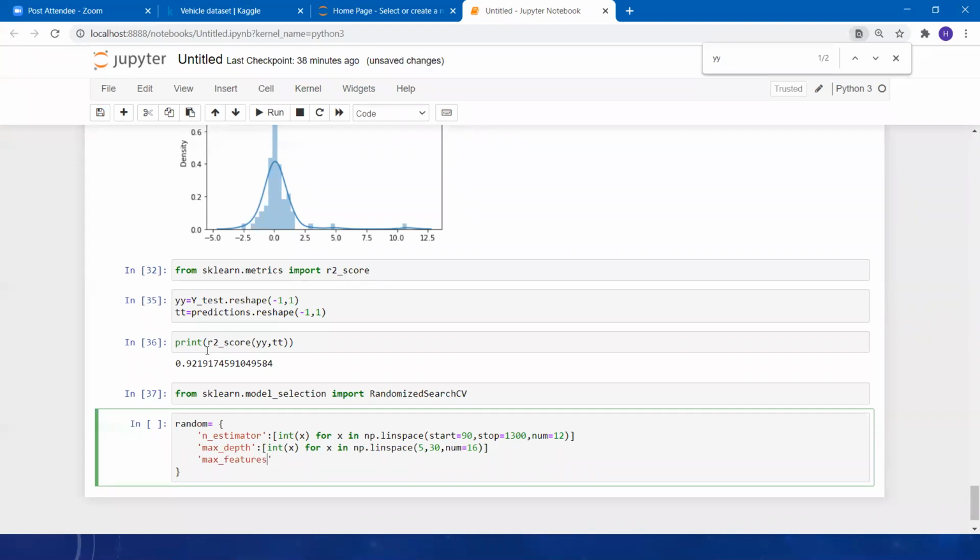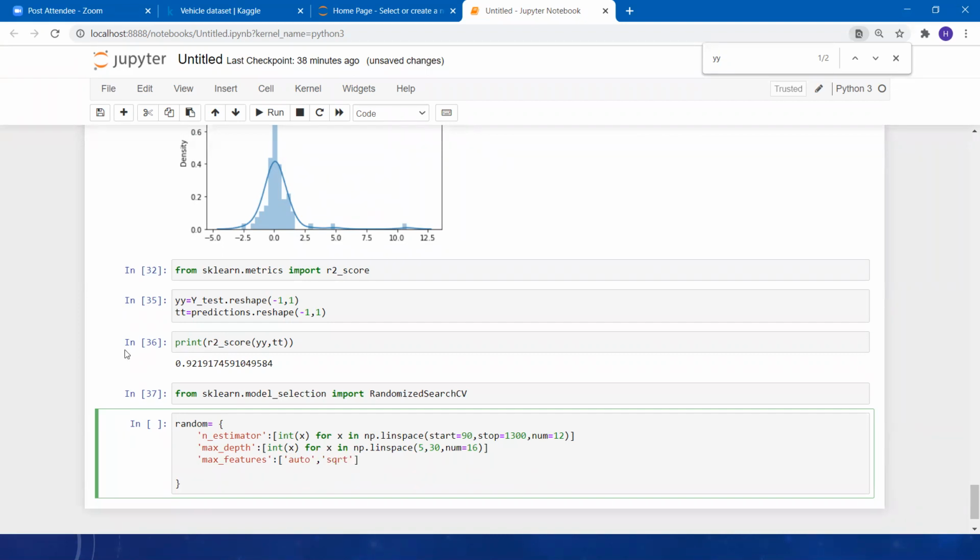Third one, we have features, like what type of features we can apply in our model. It can be two things, like auto and square root, sqrt, simple. These are some parameters over here. And the last thing I'm going to apply is leaves. In our trees, we have leaves, right?